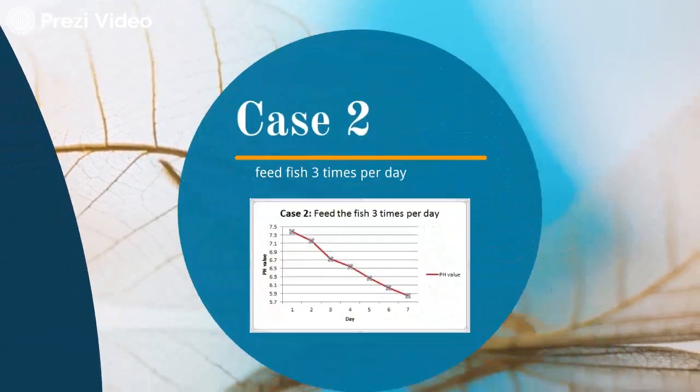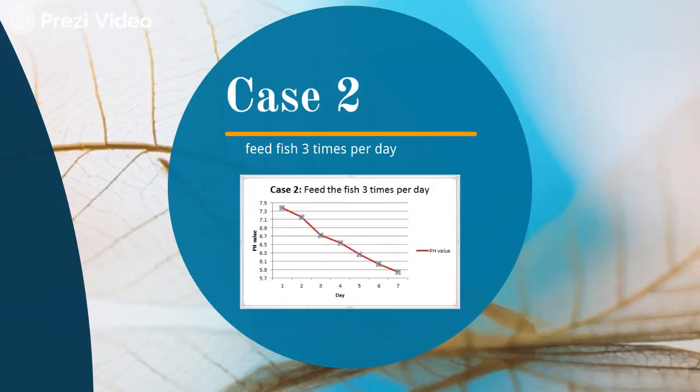For case 2, where we feed the fish 3 times per day, is the worst case, where we are feeding the fish morning, afternoon, and night. The pH value drops dramatically from 7.4 until 5.8